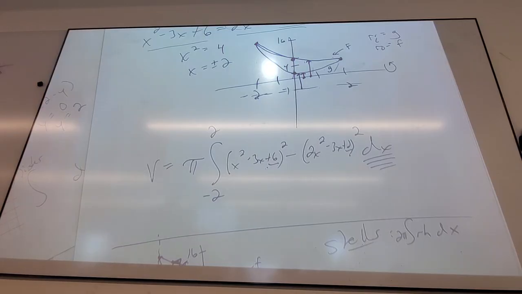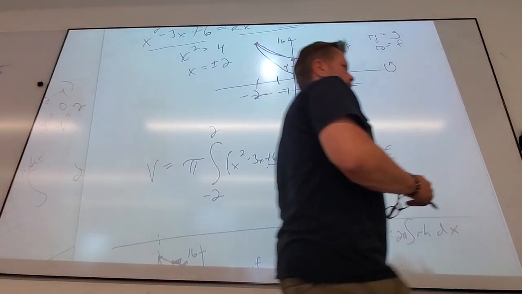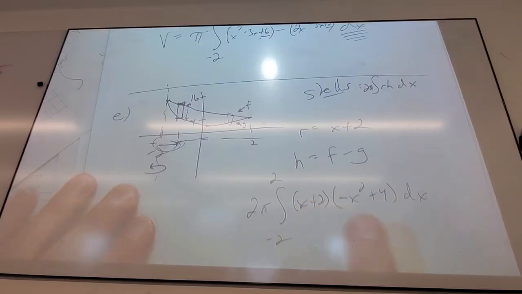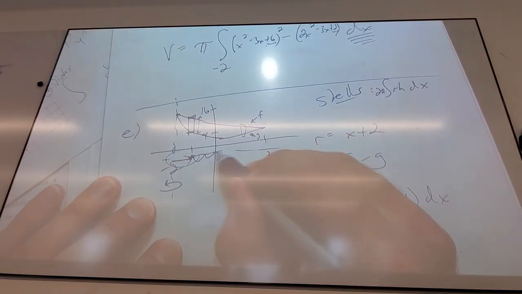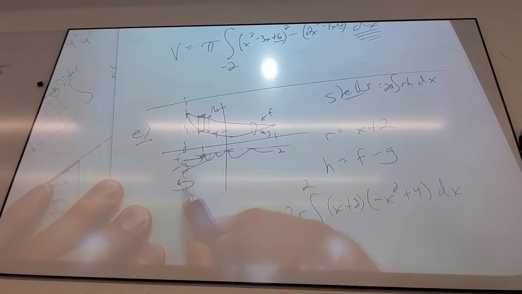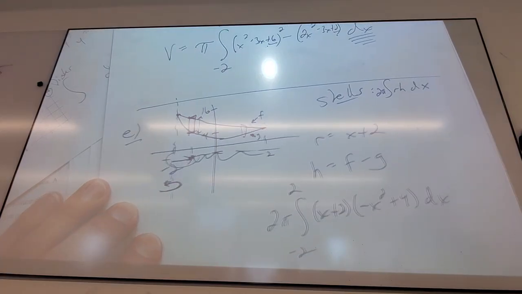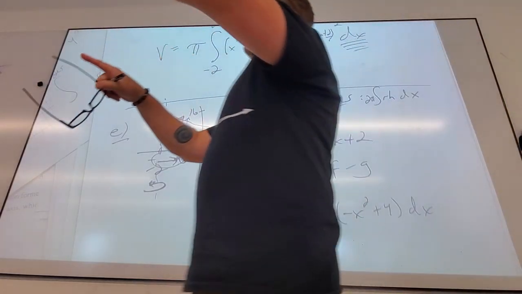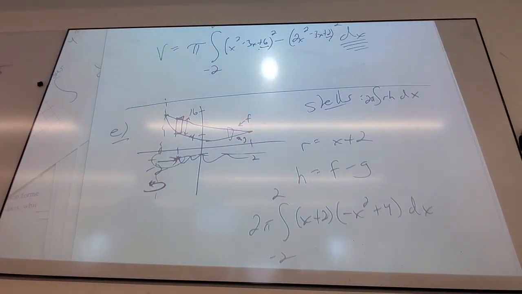But isn't it rotating around the x-axis? So then how is your box parallel to the x-axis? The one that we were just doing. This one. So let me take this out of here. For part E, we were rotating around... and then for part F, we were rotating around... And that's why we had to go back to discs, because the discs allowed it to be dx. My favorite phrase. And our radius is